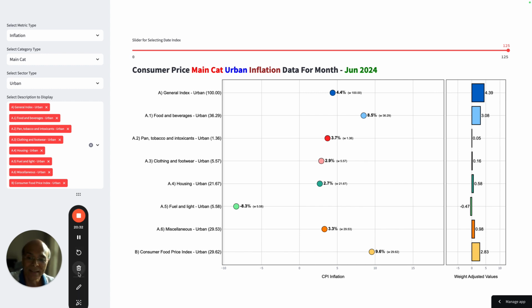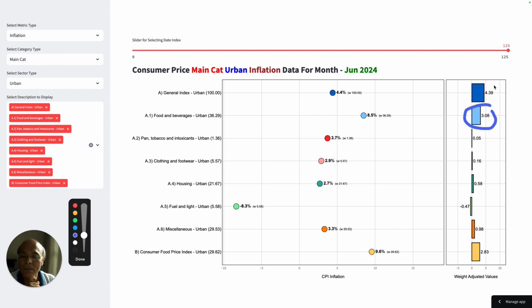You see here, it is how much? It is 3.308 basis points. So this is a matter of concern. People of India are not able to afford food. The food items, I do not know what the issue is. 3.308 basis points compared to the total inflation of 4.39 basis points. If we were able to manage food, we would have been able to get our inflation to a very manageable level.